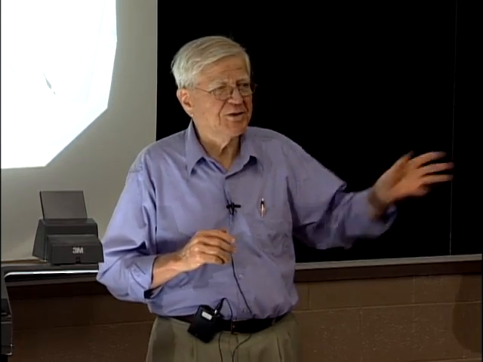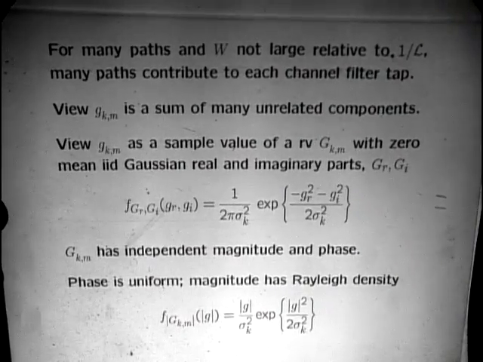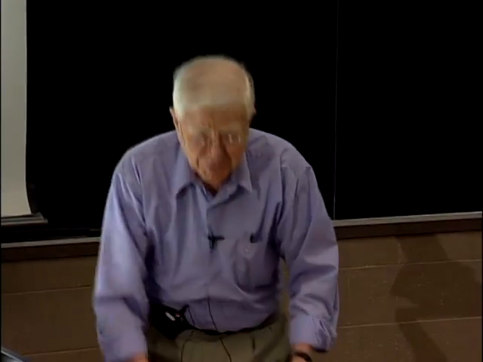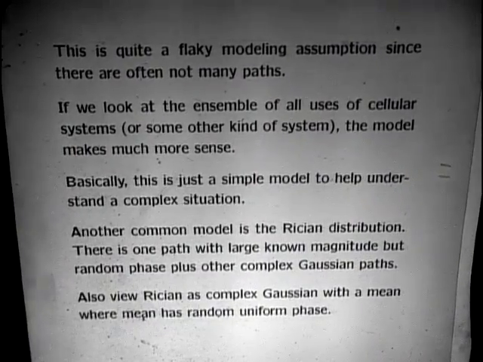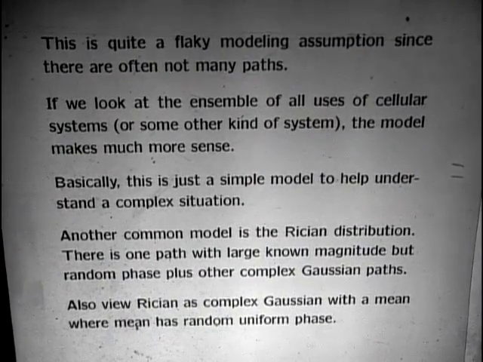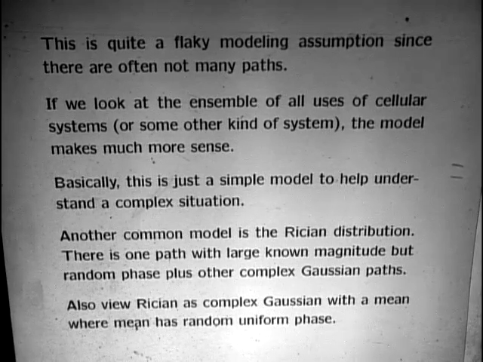This is a sort of a vague philosophical argument, but you certainly wouldn't expect these random variables to have a distribution which is anything other than uniform in phase. Okay, so that's the distribution we get, and what we now have is we've changed this awful physical situation into a very simple analytical situation where what we're doing is modeling this complex channel as just a bunch of taps in time at some bandwidth that we're using, and each of these taps is now Gaussian, and the output is going to be